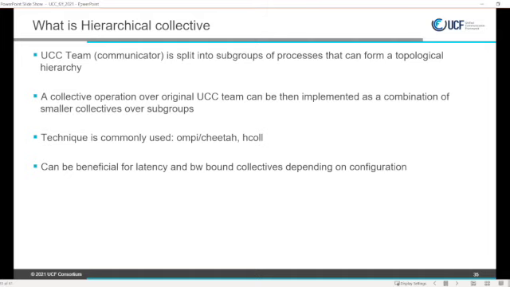And for this type of collectives, sometimes you can write a latency-oriented algorithm, and you can write other algorithms for best bandwidth as well using hierarchies. I will give a couple of examples of those.